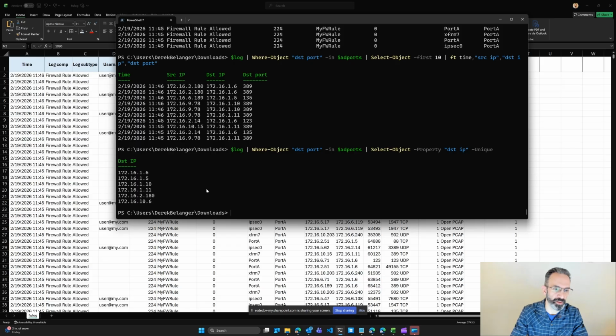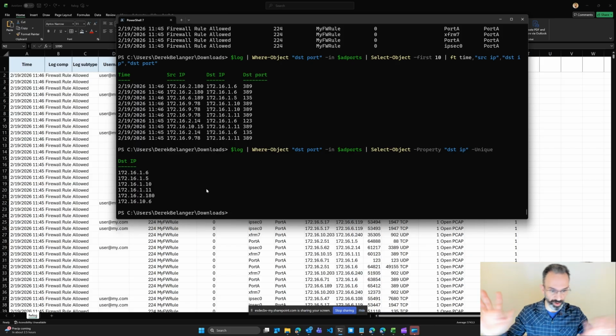Then we could make individual server objects from this list, whatever makes sense for them, and then put them in a collection or a group as the target of a rule